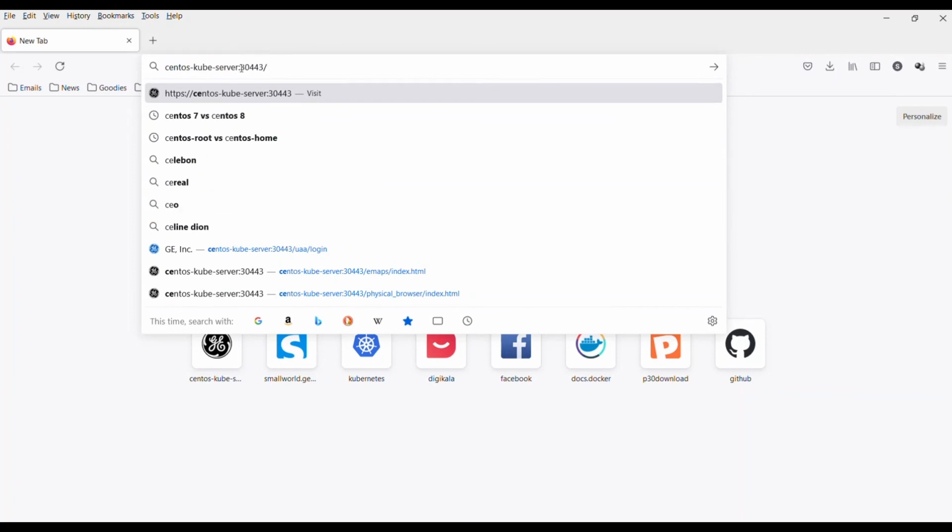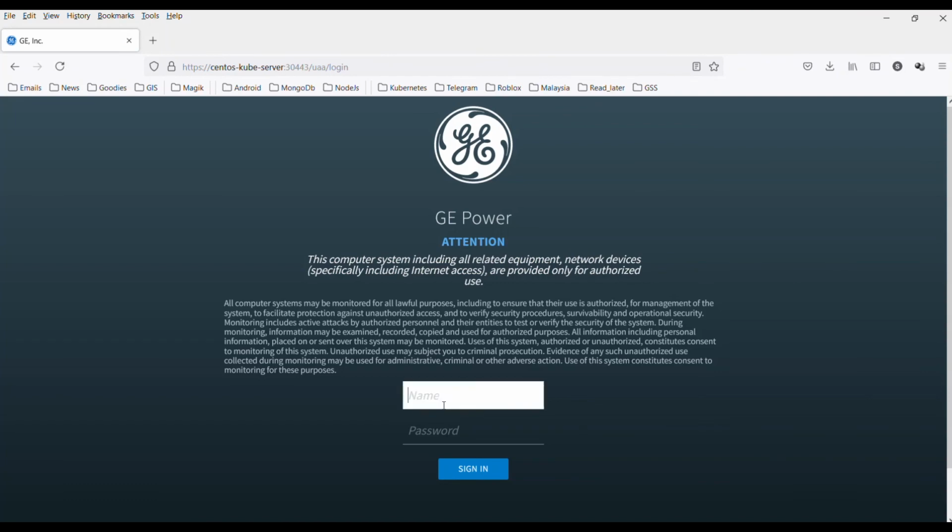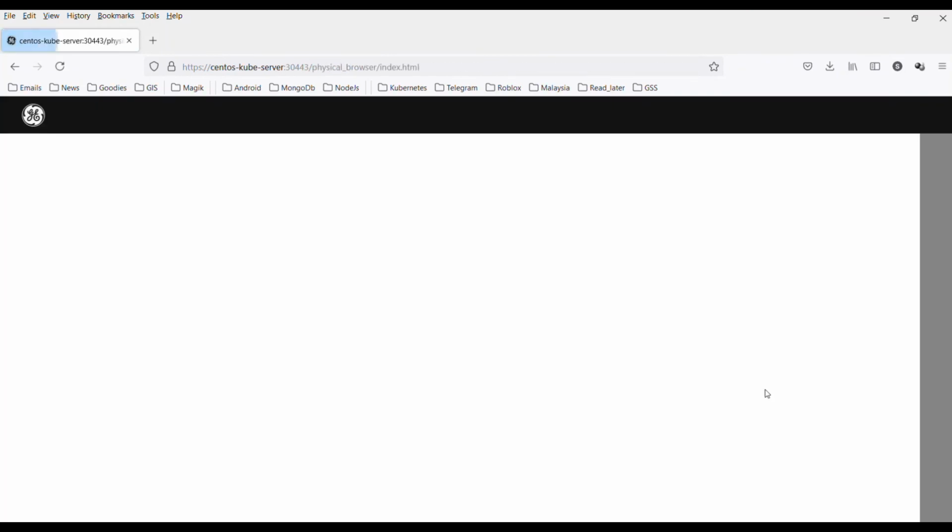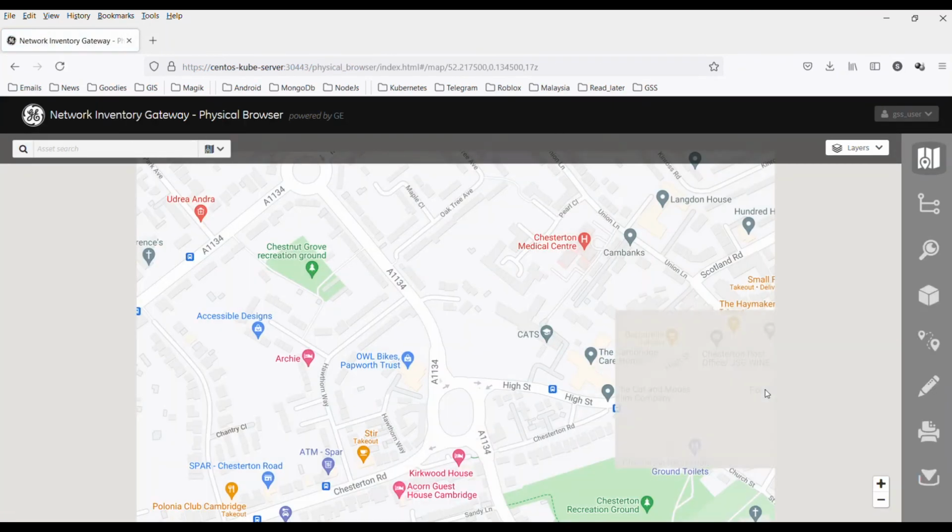One more thing, you have to map an IP address to this server name. You can do this in the hosts file located in the system at sudo /etc/hosts. So I added the CentOS Cube server IP address, and as you can see, yes,